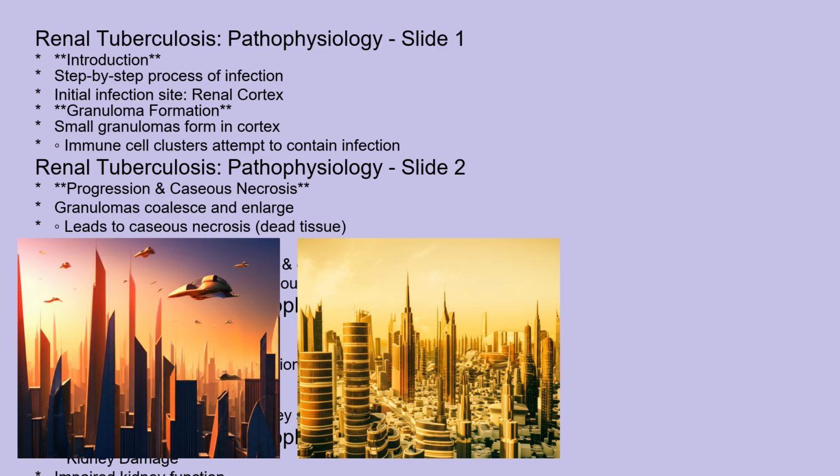kidney. This erosion leads to the shedding of bacteria into the urine, making the urine infectious. The scarring and fibrosis associated with the healing process can lead to strictures and obstruction of the ureters, the tubes that carry urine from the kidneys to the bladder. This obstruction can, in turn, cause hydronephrosis, a swelling of the kidney due to the buildup of urine. Ultimately, if left untreated, renal TB can lead to significant kidney damage, including impaired kidney function and even end-stage renal